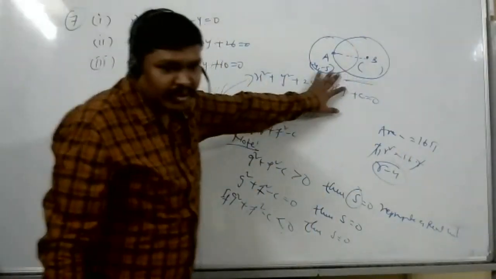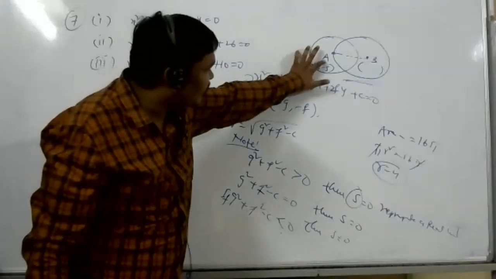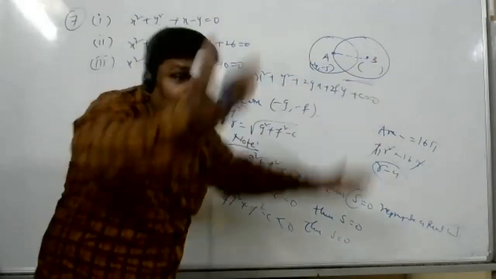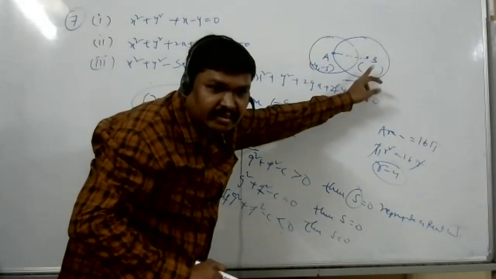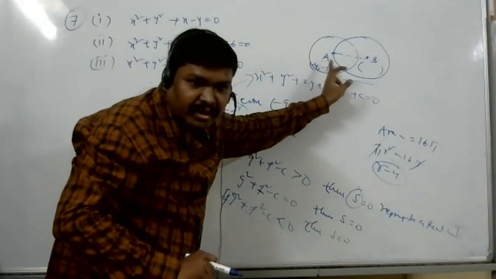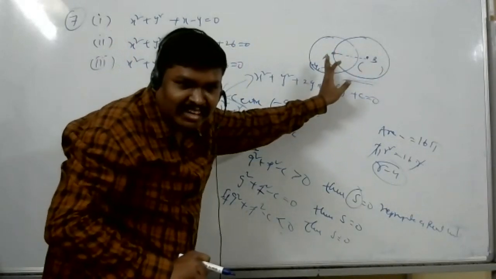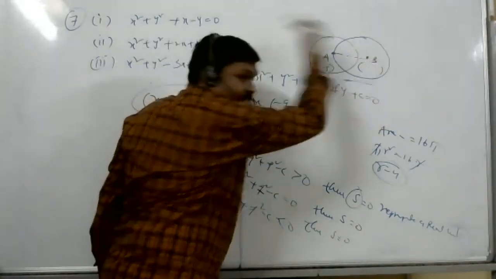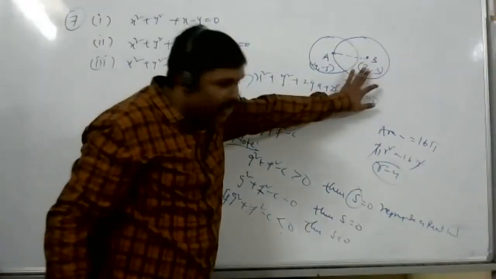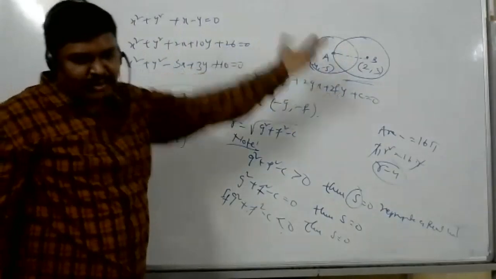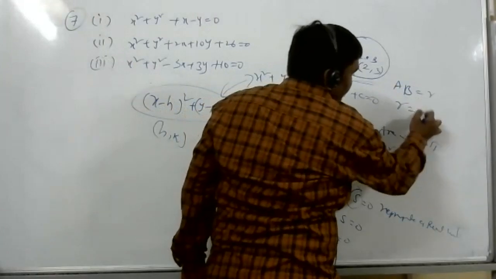Okay, this is the most important concentric circle. First circle is given, first circle center, right? Second circle center. That center we have to substitute in the final equation. Not this one, this one we substitute. This is the center, not this center. Understood? Okay. Yes, sir. This is not the concentric circle. Find the concentric circle center, 2, 3. Suppose this is 2, 3, and substitute the radius. AB is equal to radius. Radius is equal to, find.